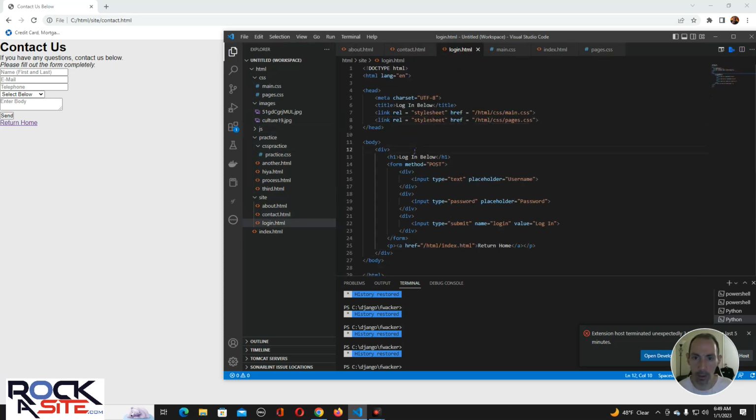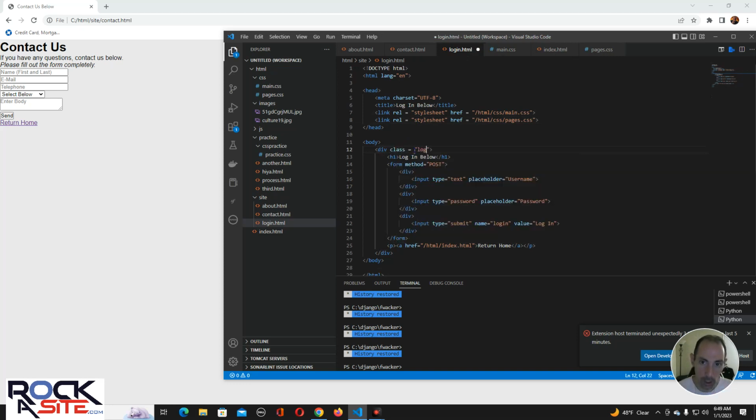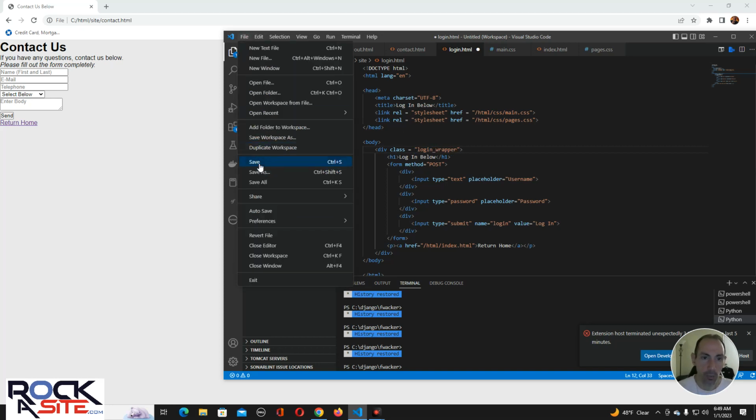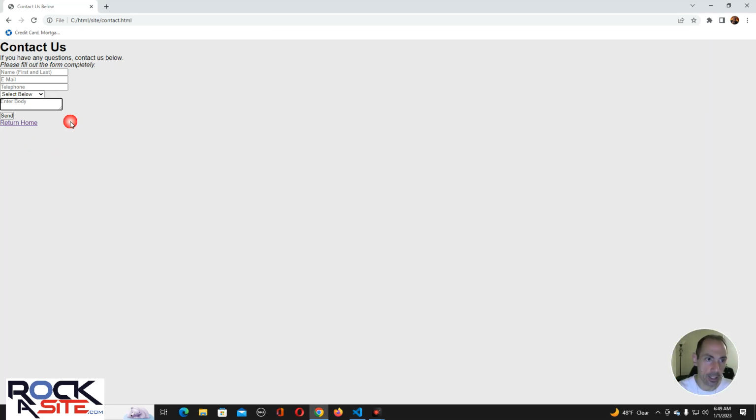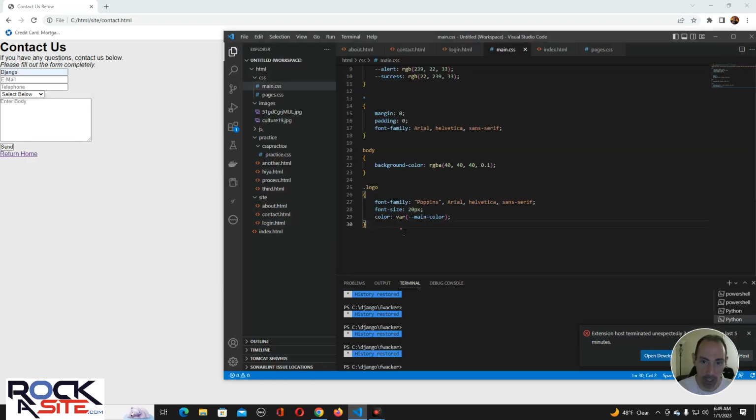Login wrapper. Oh, I already have one. All right. Login wrapper. The naming conventions, you can do whatever you want. But when it comes to contact us, remember that, this, we don't really want input fields look like that. You can have them look like that, but what we can do is we go to the main page, and then we could just say,